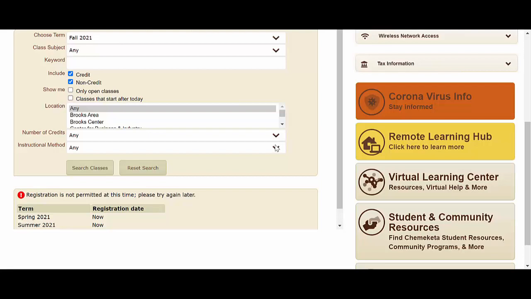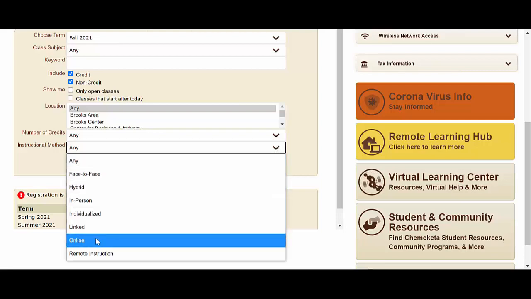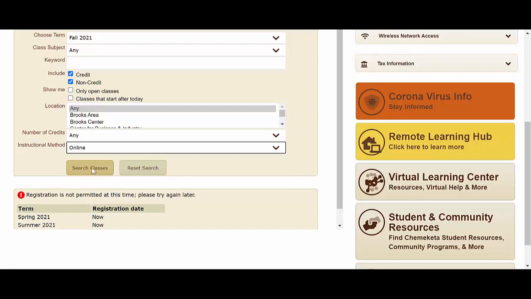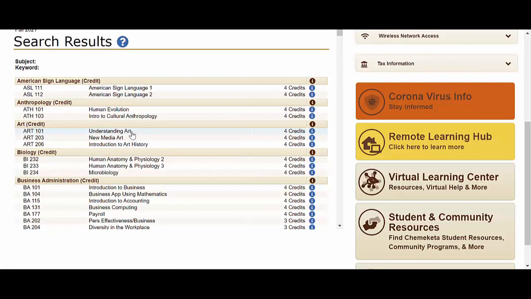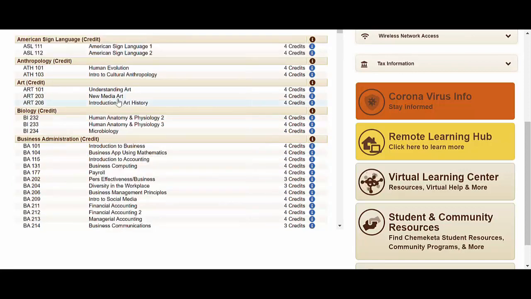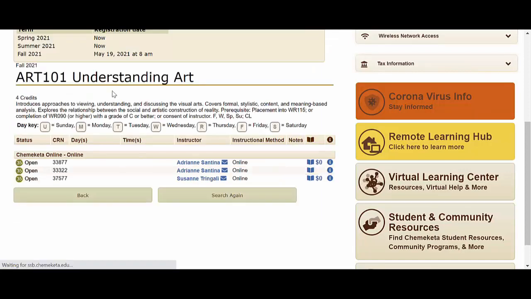And the final instructional method we'll take a look at is the online method. There's lots of classes offered through Chemeketa online, and these classes don't have any notes in the system. So we'll just select one of these classes, and if you look in the notes, it says instructional method online.